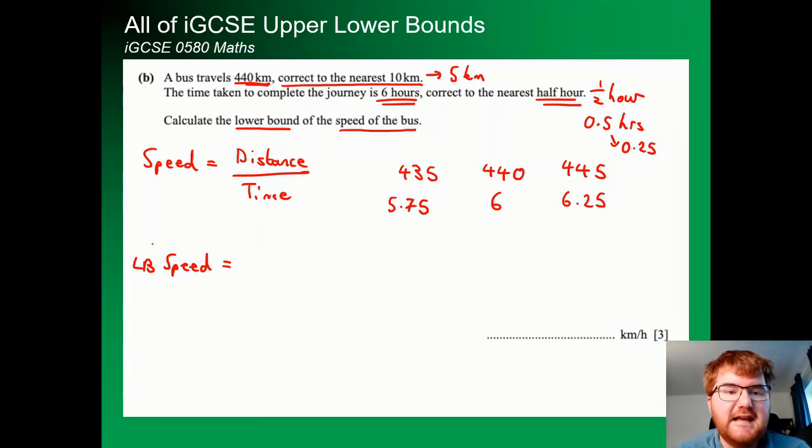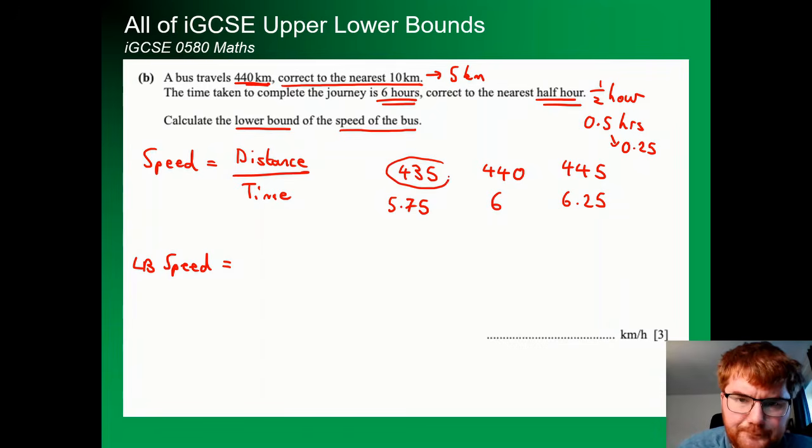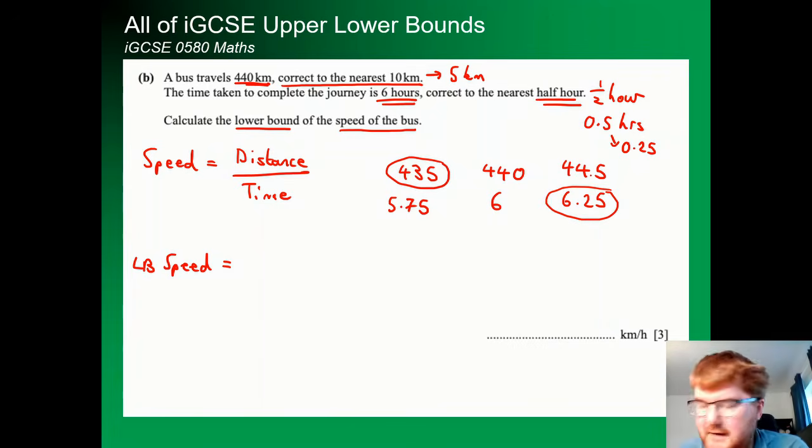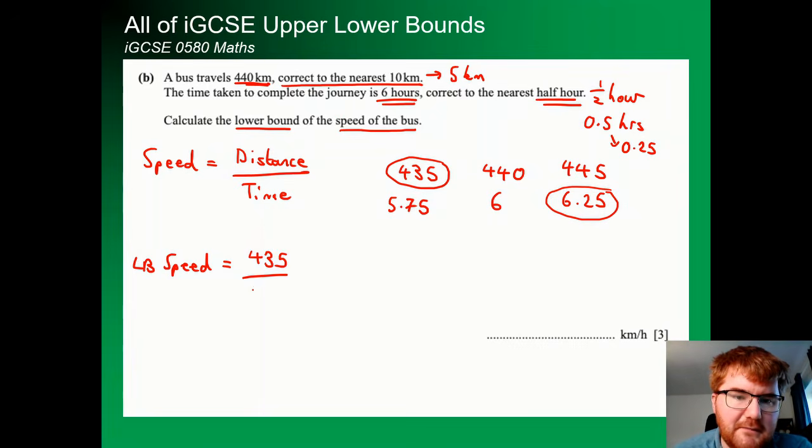Right, so if we've got a lower bound and speed, we want the smallest distance, so the 435 divided by the maximum time taken. So we're going to take 435 here and 6.25. So we're going to 435 divided by 6.25. So if we want to work this out, we can just use our calculator. I'll do it here this time. So we've got 435 divided by 6.25. That gives us